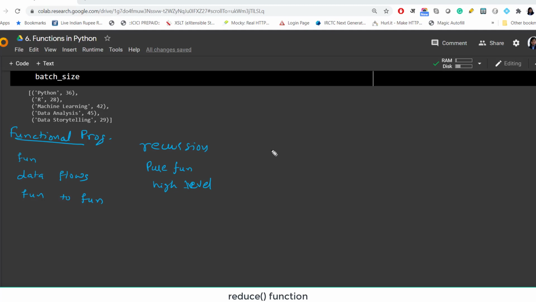And in functional programming, we have talked about anonymous functions, or functions with no name, which was the lambda function. This we have covered in a separate tutorial. We have also talked about the map function in a separate tutorial, and we have also talked about the filter function in a separate tutorial. Filter function only works when we have just one iterable and a function with just one input. We cannot have multiple inputs here. So a function with one parameter only, and the function should always return booleans. So if the function returns true and false, only then can we filter, because those values which give us true would be kept by this function. So this we have covered in the previous tutorial.